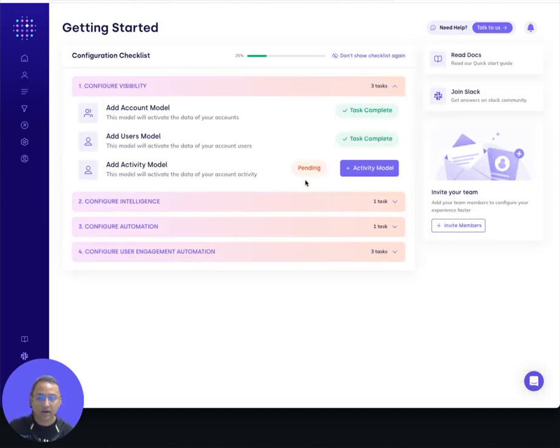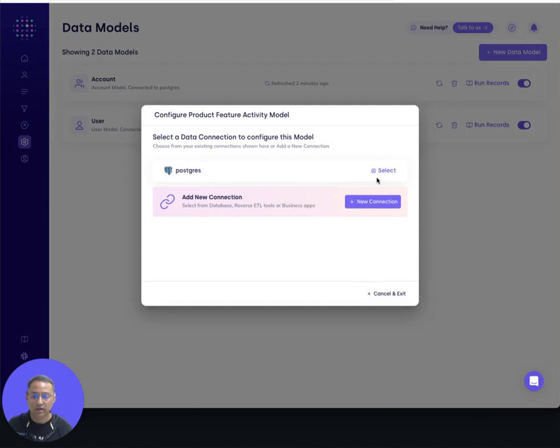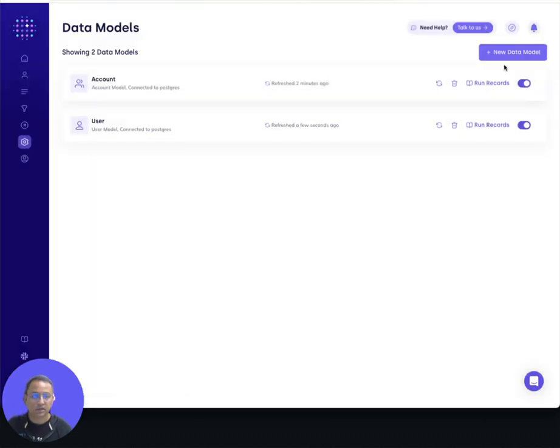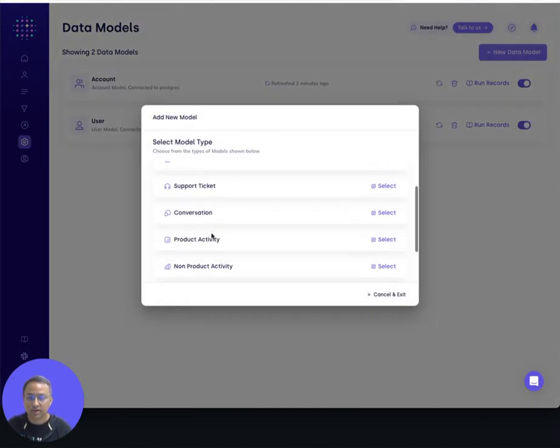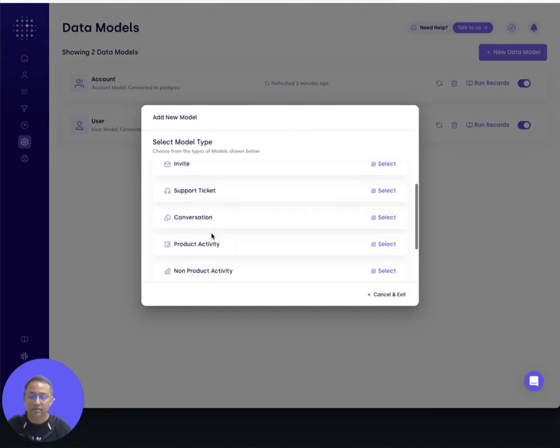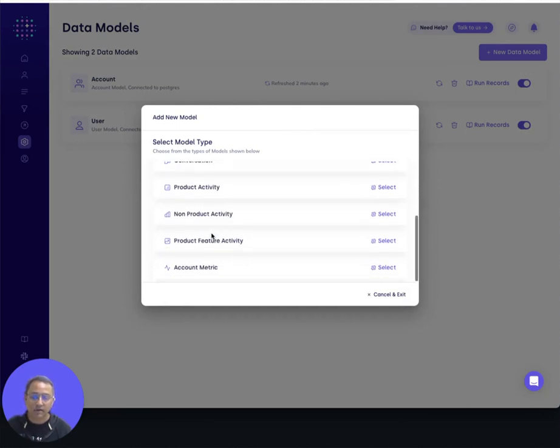We have to add activities. Activity essentially means, there are multiple types of activity. If I go here, actually I will cancel exit and I will show you going from this aspect. We have multiple types of activities like product activities that are done by the user inside the product. There are non-product activities that may happen outside of the product. Then there are feature activities that we want to track. These are product activities that we want to track as a feature activity,